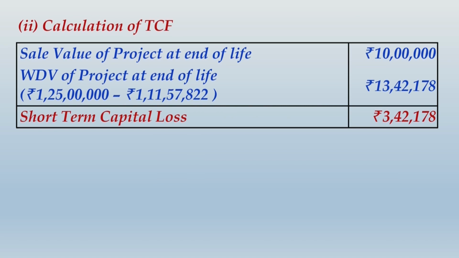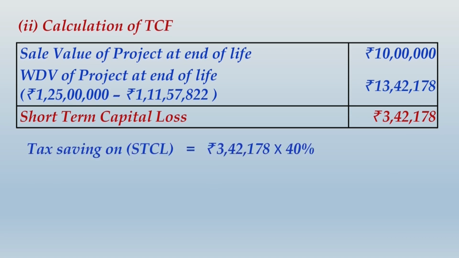You should know one thing very well. Under income tax laws, any kind of depreciable asset will always result into short-term capital loss. So don't ever enter into a mess that the assets are 10 years older, so it will be long-term capital loss. These are depreciable assets. Depreciable assets will always have short-term capital gain or short-term capital loss. Now if there is a short-term capital loss, because of this loss you will again have tax savings. So tax savings on short-term capital loss will be 40% of the amount of the loss. So the amount of tax that you save on termination of assets, it is